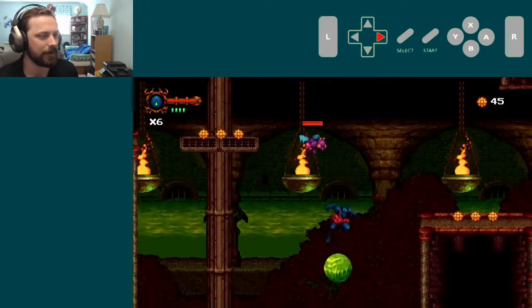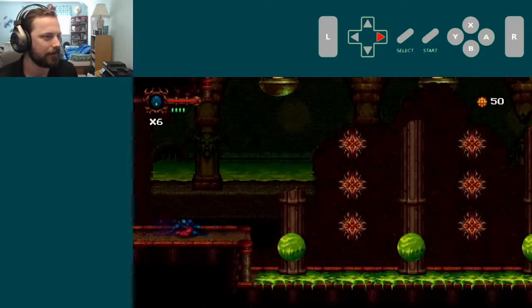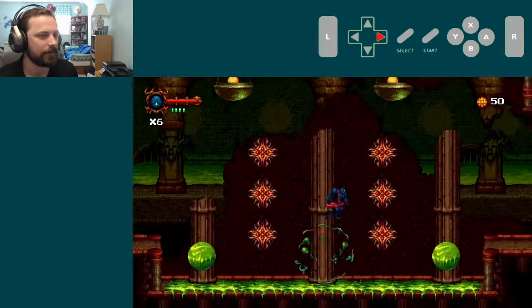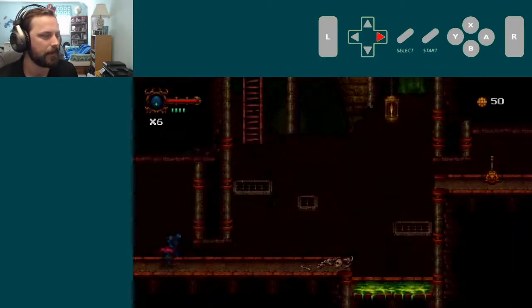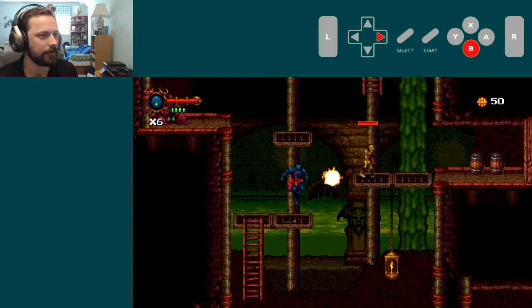Yeah, so that second bug can be kind of annoying. You just have to kill it while you're in midair. That's okay though. Get another shot at this, like that. But yeah, so we can show you the other way to do this screen, which is to hop